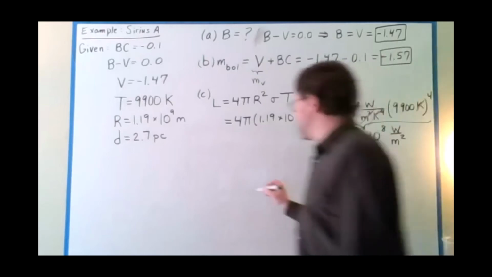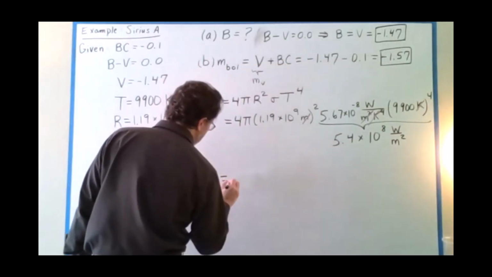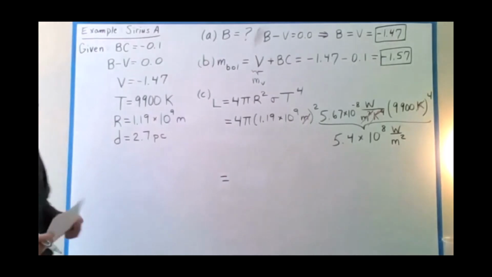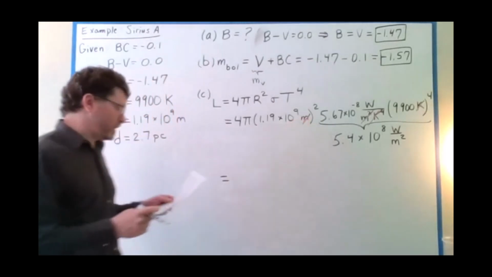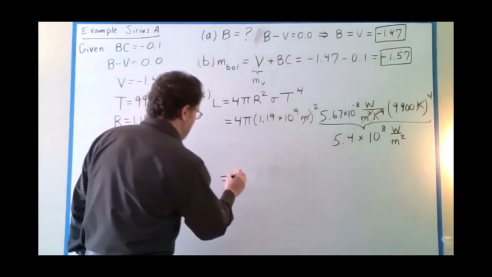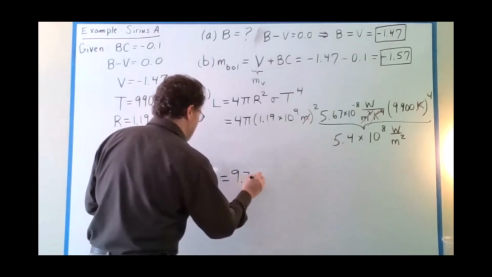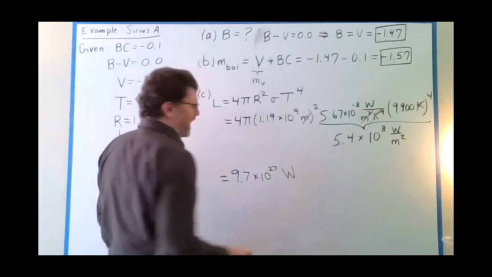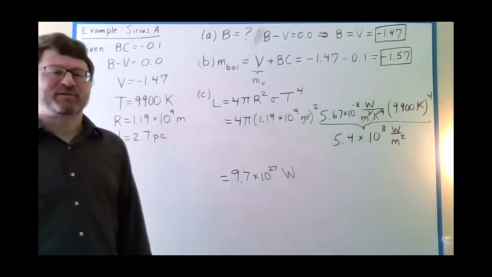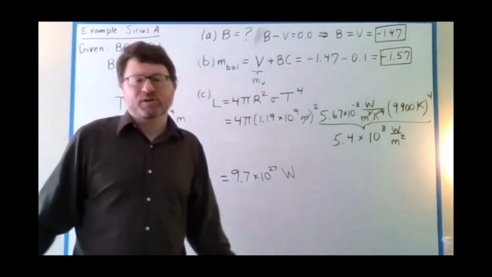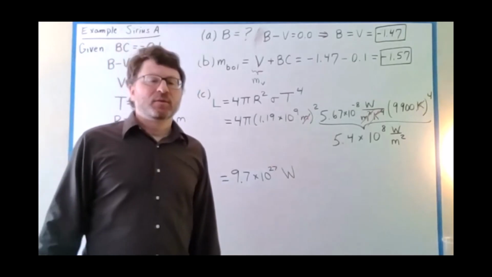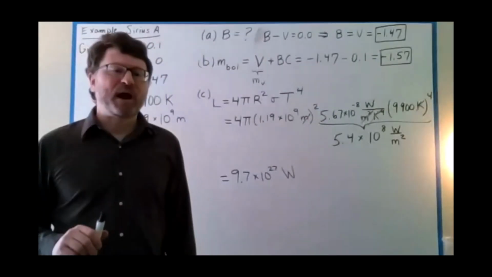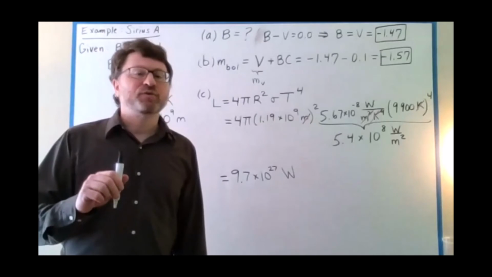And so with that as an intermediate value, we additionally multiply by 4 pi, this number here squared, and we end up with 9.7 times 10 to the 27 watts. Now, that's fine, and if you like, you can put a box around it because you've answered the question, you've given the luminosity. But I've seen on your homework, and I know in practice, that it's very useful if you